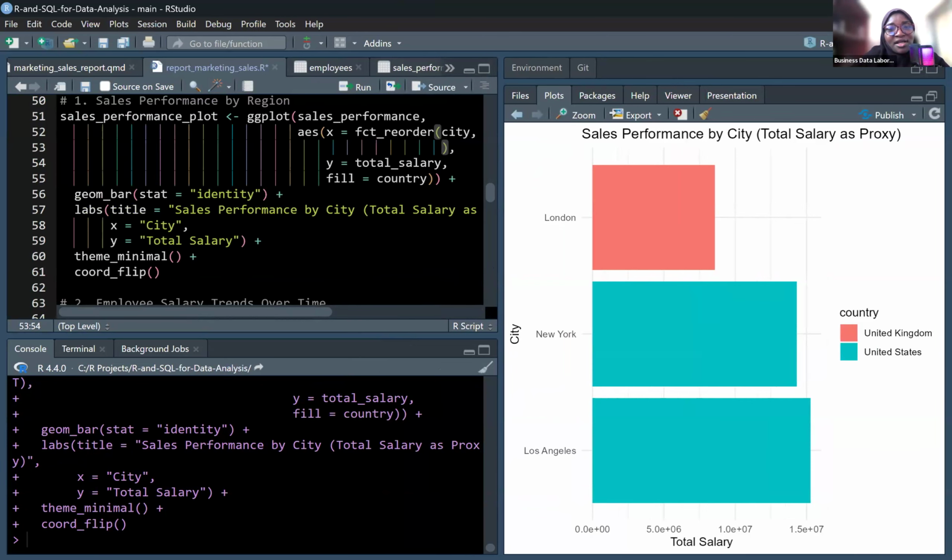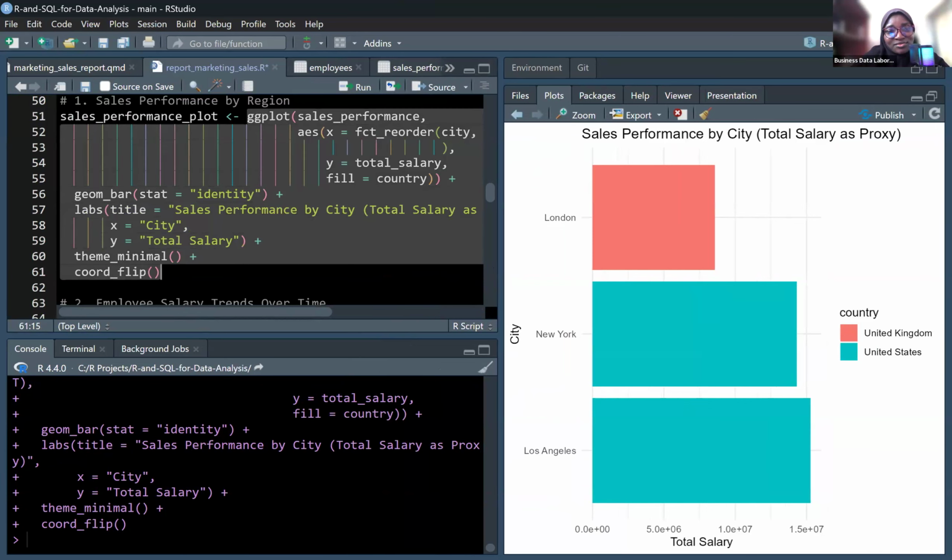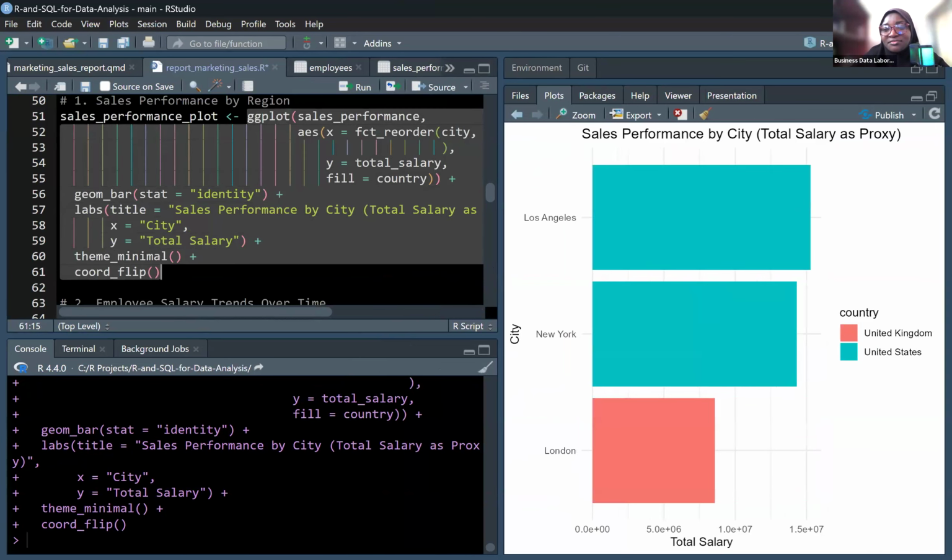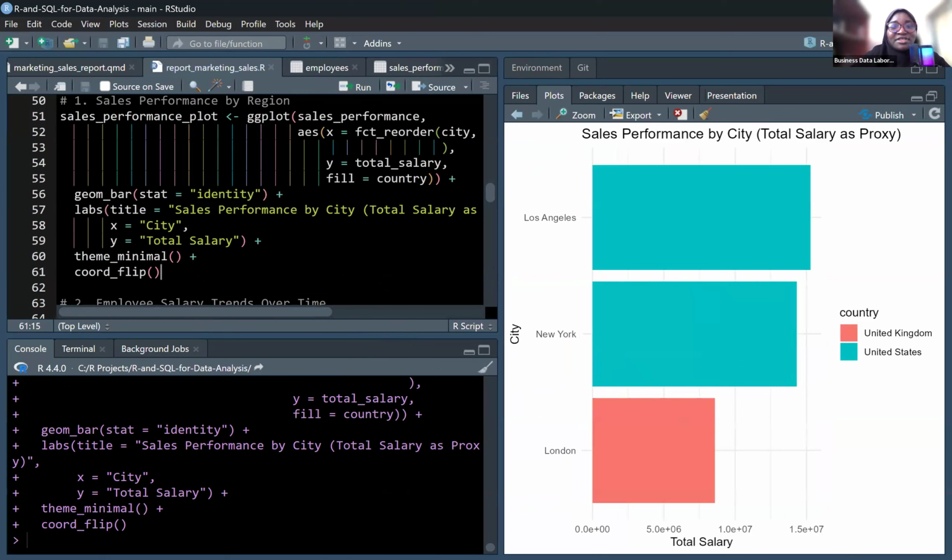So I want to leave it this way, since I'm flipping it. Let's save this visual as an object in our environment. That is where you assign it to a new object name or variable name, which is sales